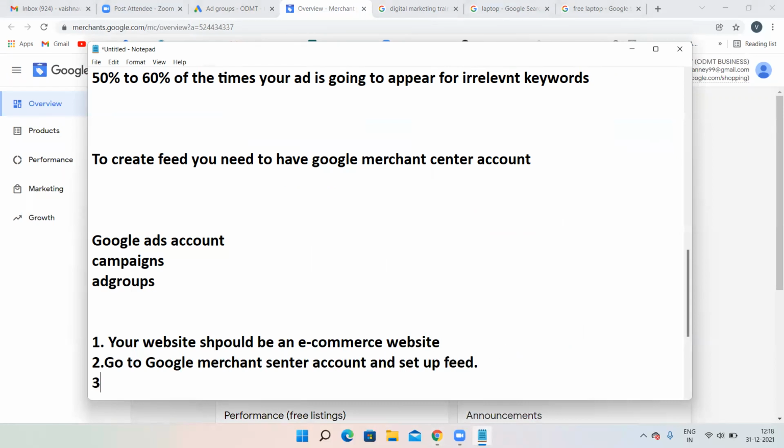Then coming to the third point, what exactly is the third point? Both Google Ads and Google Merchant Center are different entities.